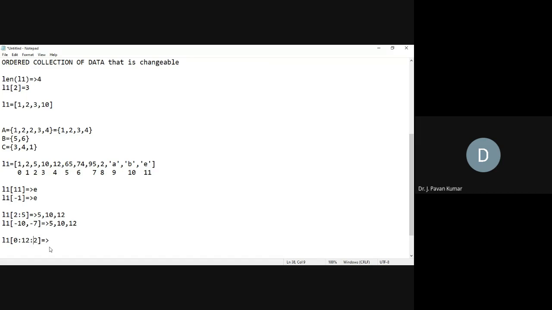In addition to the starting index and the end index plus 1, what do we have to specify? The step. Starting from 0, what will it print? It will print 0. Next, 1 it will print. Next, 5. Why? Because the step we have given is 2. So 0 plus 2, it will consider.